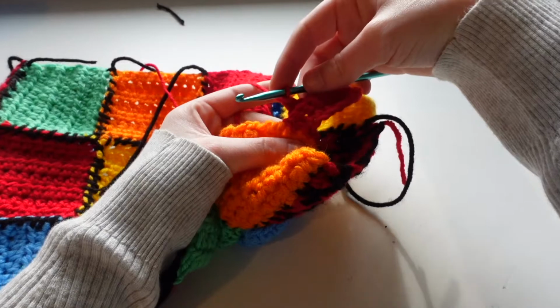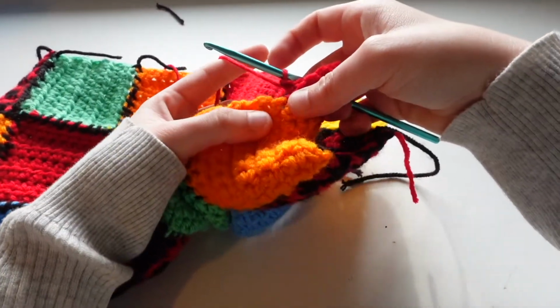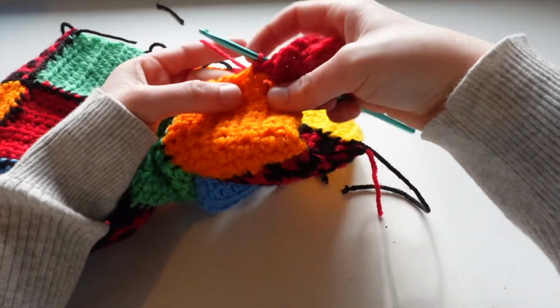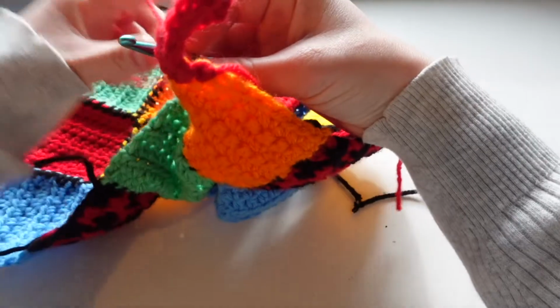Okay, so now we have to attach again to this orange square. So where the next row would be, make a slip stitch, and then into where the next row would be, make another slip stitch to start the next row. Now turn your work